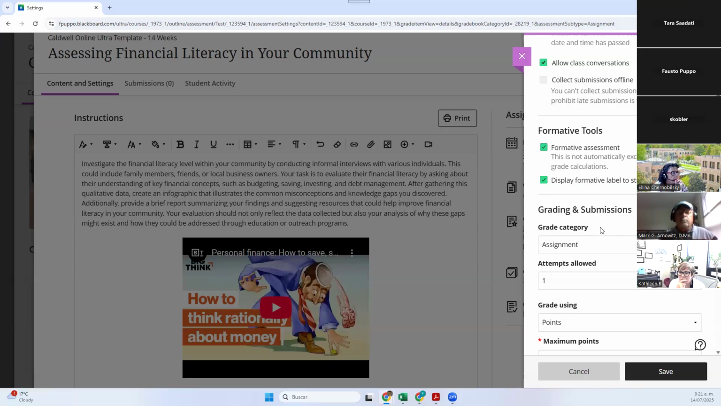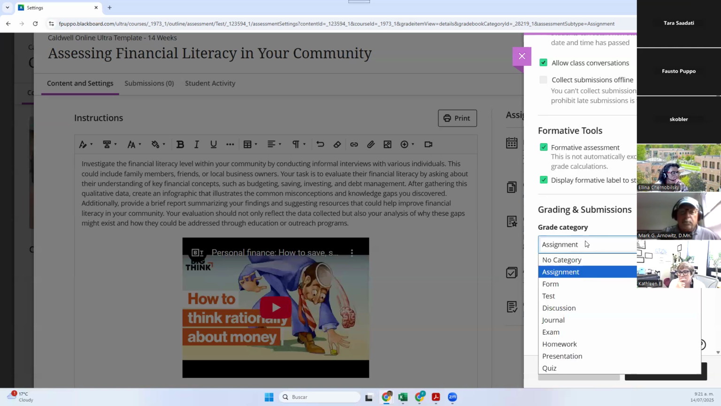The first option here is grade category. By default, it will be assignment. However, it could also be homework, or a presentation, or any other category, because in addition to the 10 standard grade categories in Ultra, you can create as many custom grade categories as you want from the gradebook options. Okay, so we're going to leave it at